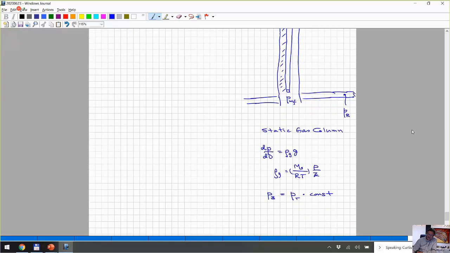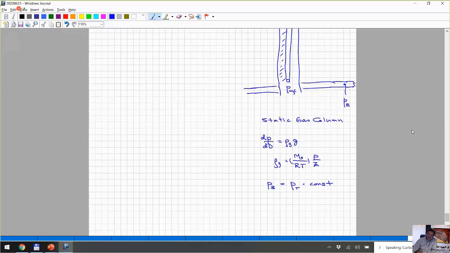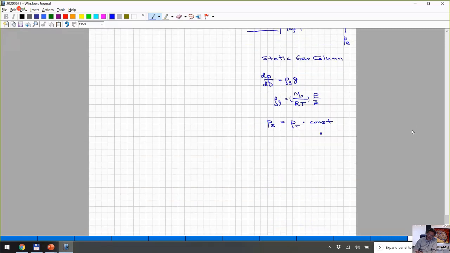That's assuming that you can use some average Z factor and some average temperature in the gas column,